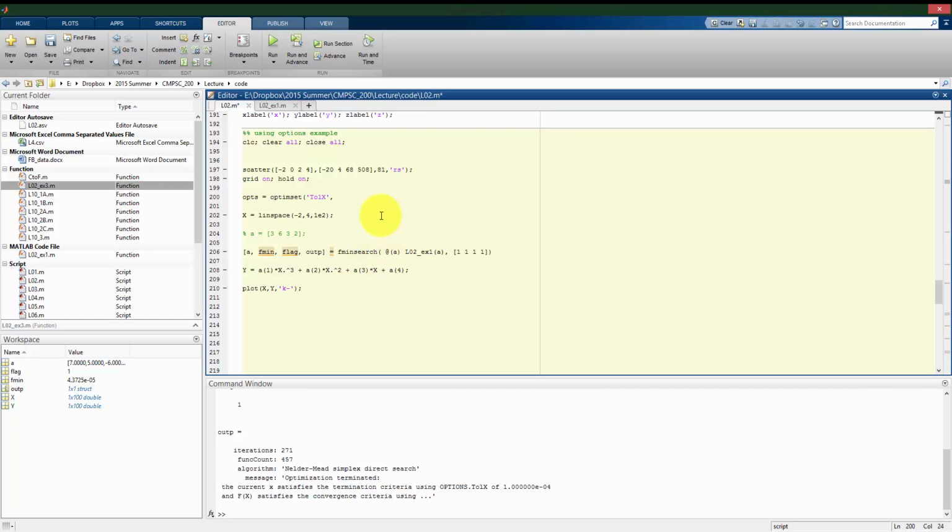So we see here that it terminated because TolX was less than 1 times 10 to the -4. So what I can do here is, instead of 1 times 10 to the -4, I can make it smaller. So I'm going to make it so it doesn't terminate until the change in x is 1 times 10 to the -6. And what I have to do to tell it that I want not the default options is add a third argument to fminsearch. I have the function, my guess, and now my options that I'm running. So if I rerun this whole cell,